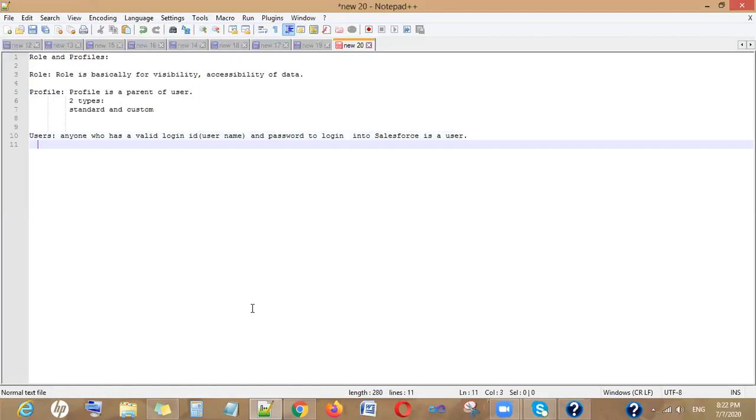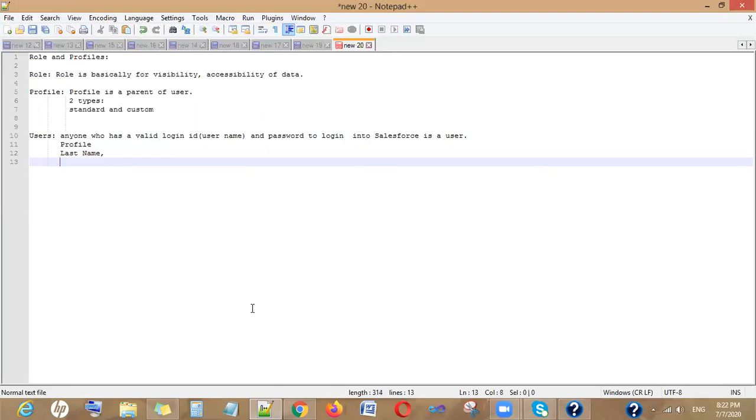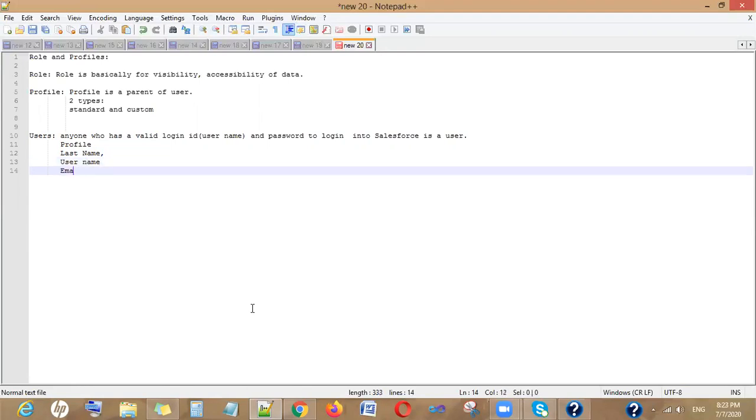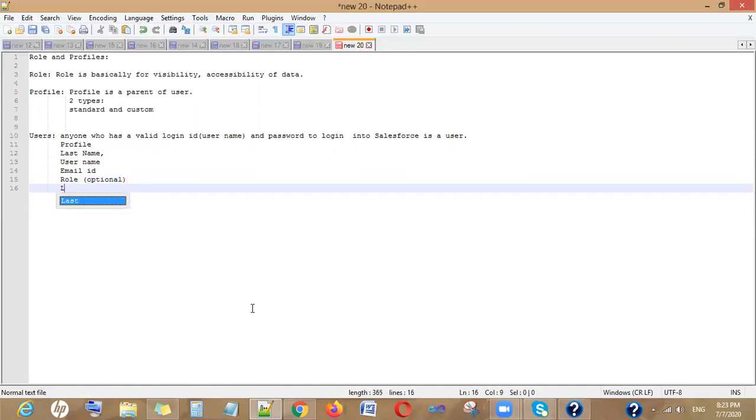In Salesforce, we identify the user by the profile, last name, username, email ID. Role is optional. License.